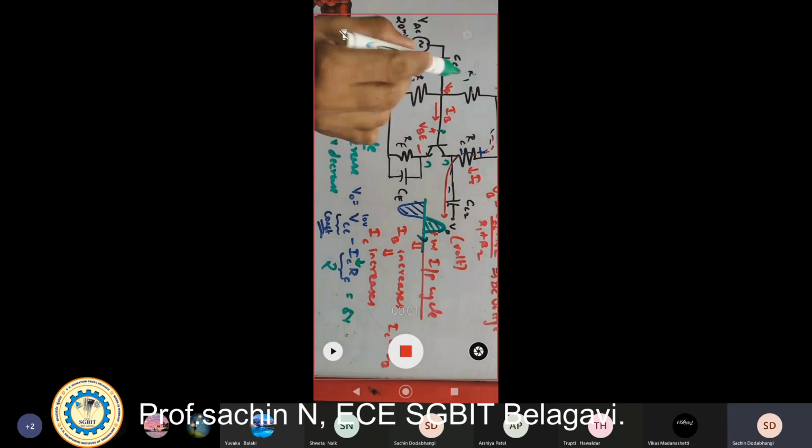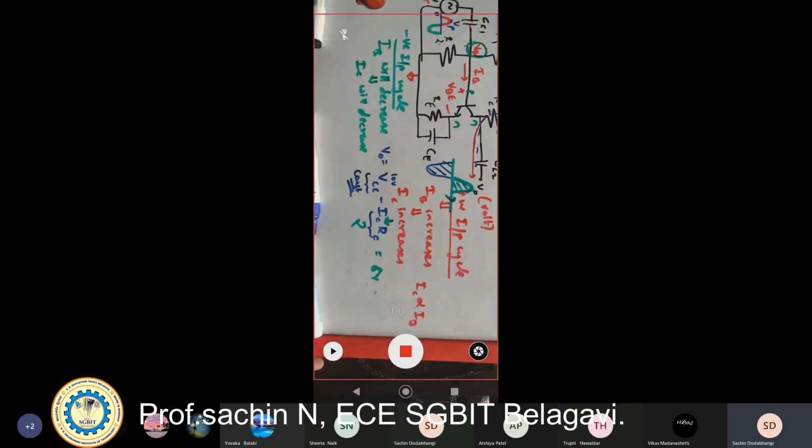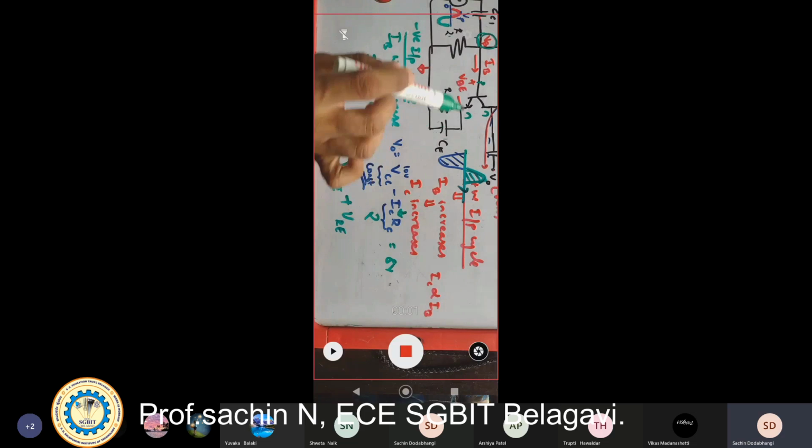Now, the function of R1 and R2 is to make this VB constant. When I take the R1 and R2 voltage divider circuit, because of it, VB is constant. If VB is constant, if there is any change, in the morning class I told you the formula for that VB. VB is equal to VBE plus the voltage across resistor RE. This is a bypass capacitor, and these two capacitors.